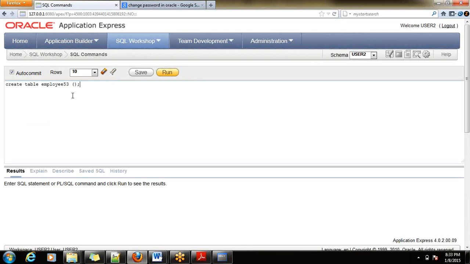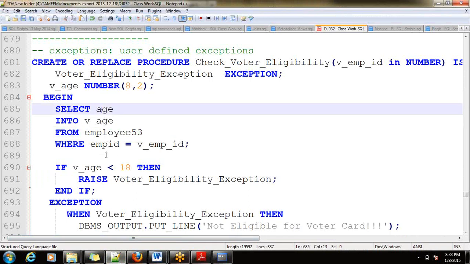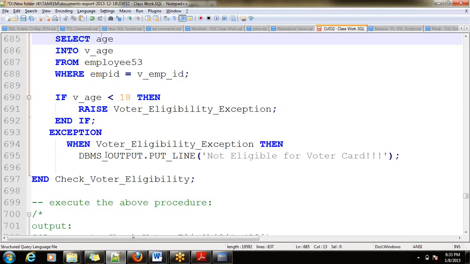I am creating a table with the data: employee number, name, age, and location.